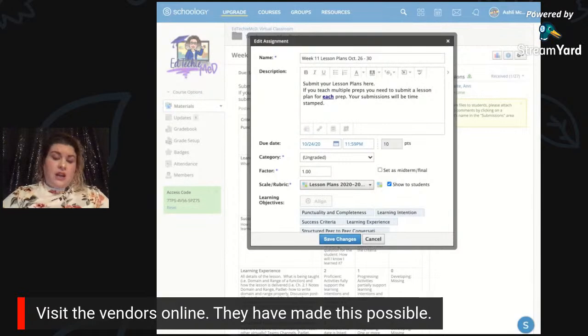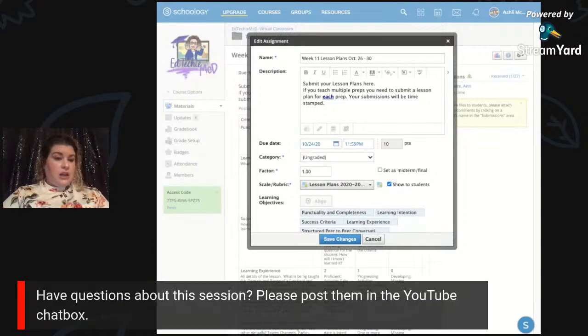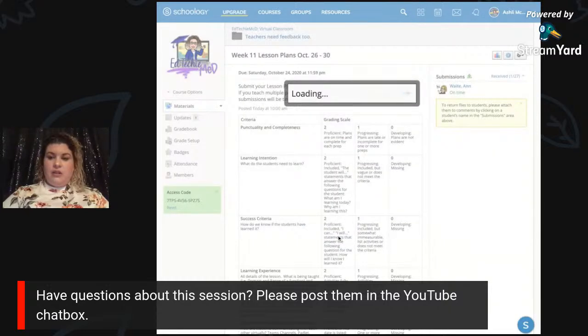And you'll see here that in the grading categories for this particular course, I did put in the different domains. And then I have one that's called observations. Again, I can show you, or if we run out of time, because this is definitely one of those sessions that could be multiple sessions, I will put it in videos to show you how you can create these different grading categories and put in those items. So we're going to put this under planning. And we have our rubric that is already assigned. We're going to click Save Changes.